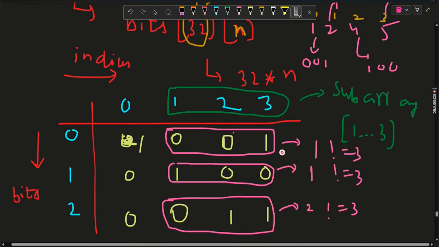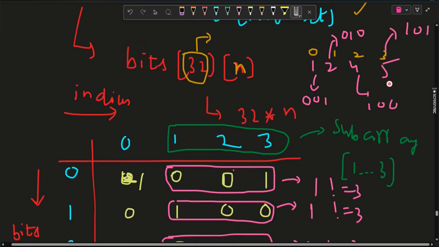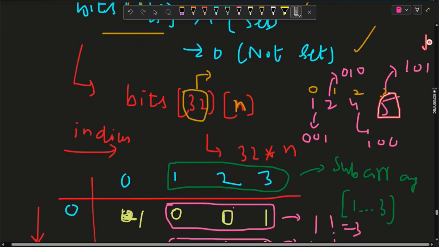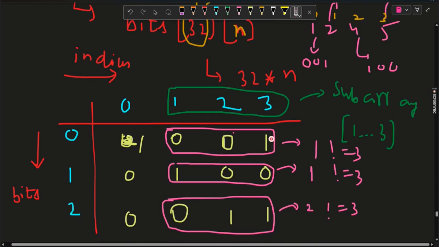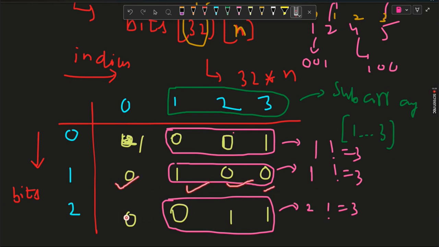And again, if I say about this cell, whether this zeroth bit is set at element present at index 3 or not. Element present at index 3 is 5. So this bit is set in this element. So this should be 1. Similarly, I have basically calculated values for all these cells. I have evaluated these bits, 32 cross n